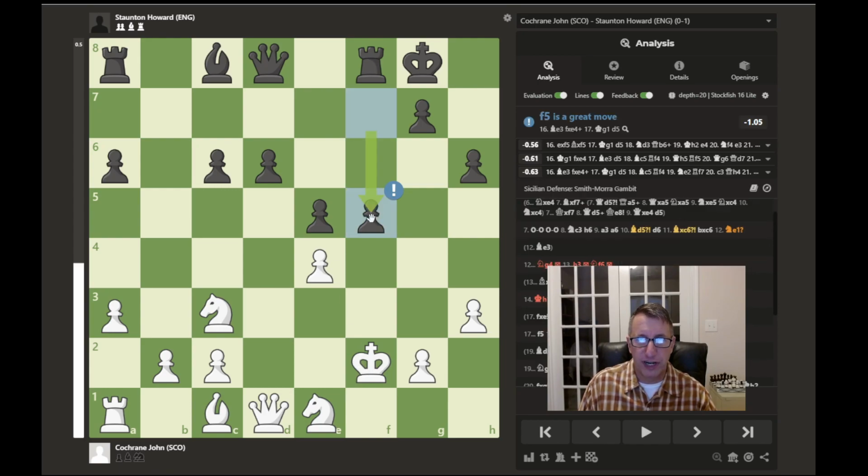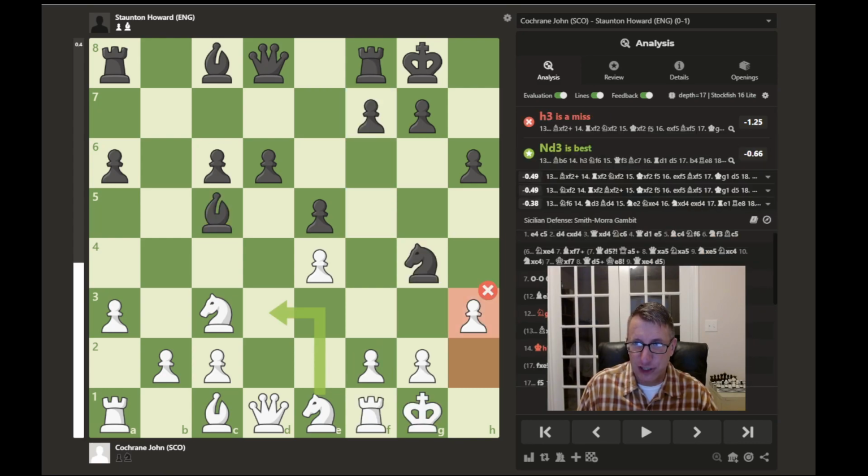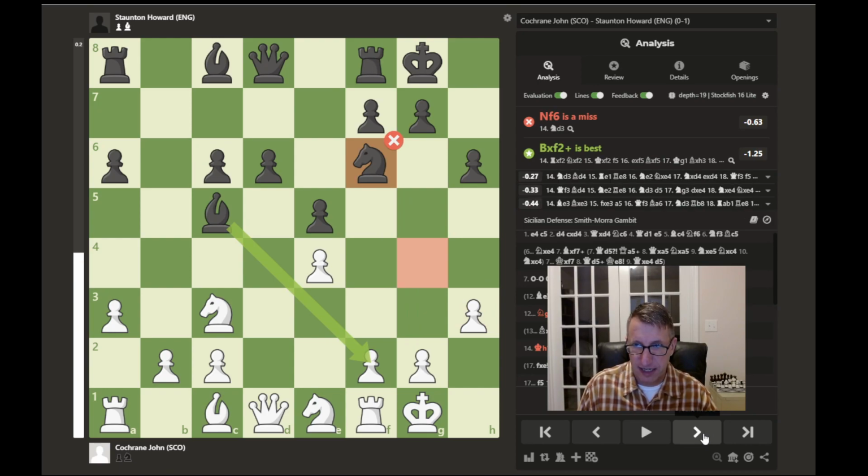If the pawn were to capture, well then the rook would have an open line on the king. The rook could capture with check, or the bishop could develop here and capture, and then have a threatened discovered attack by this rook. But anyway, in the game, there was, after this h3 move, Staunton retreats his knight, and